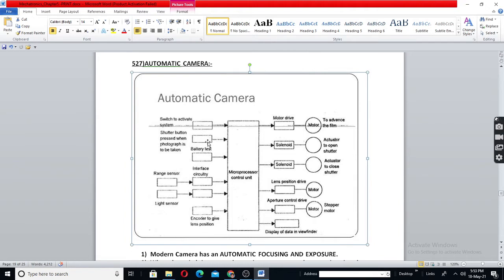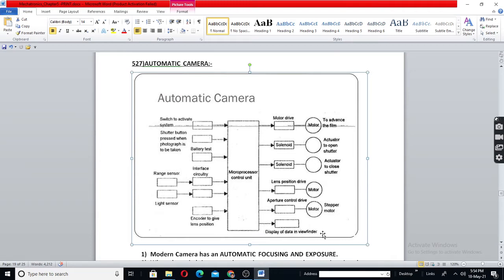Sensors, their interfacing or input signal conditioning circuit, then output signal conditioning, means drivers, and then you have output devices or actuators. So in an automatic camera you have main parts as these: lens motor.